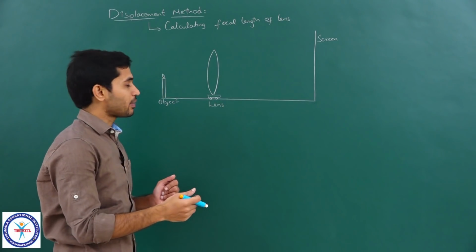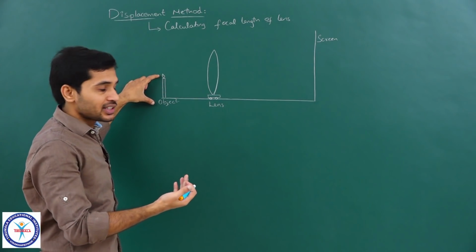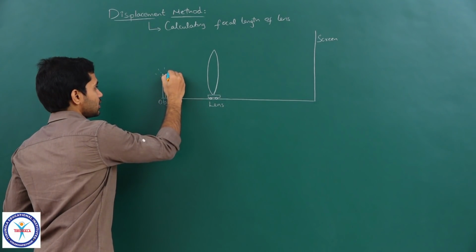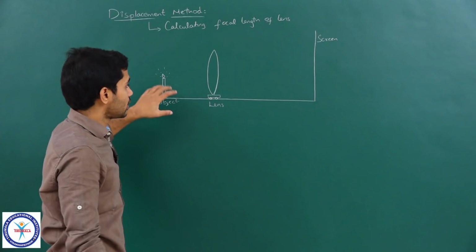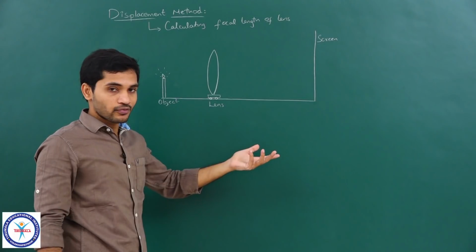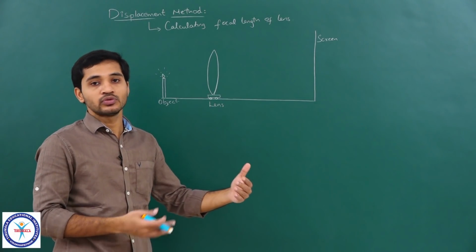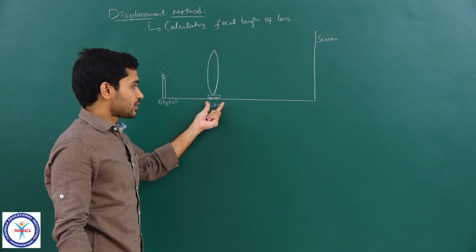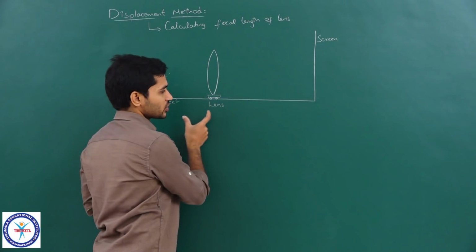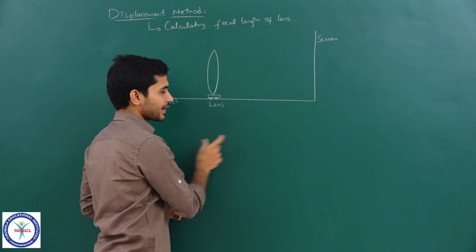A very simple apparatus, we have an object, it could be anything, we generally consider it to be some object which is glowing, so that we can clearly see the image. So, let us say a candle, right, and a lens. The lens which we need to find the focal length of will be mounted onto a movable case, clear. So, this is some sort of object which can move like this, the lens will be placed onto that and we can slide that, right.